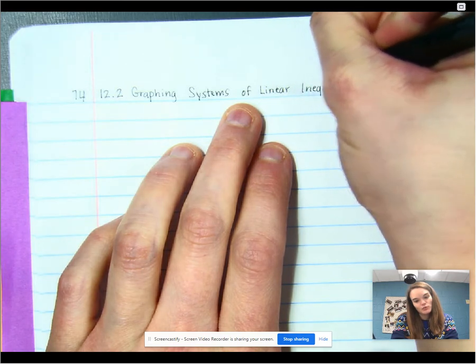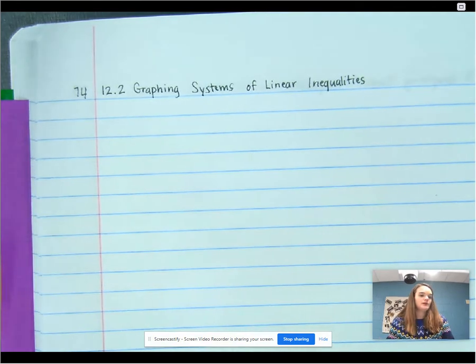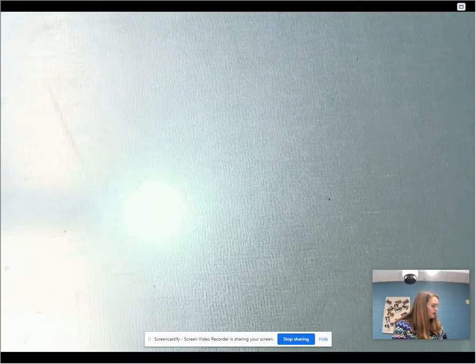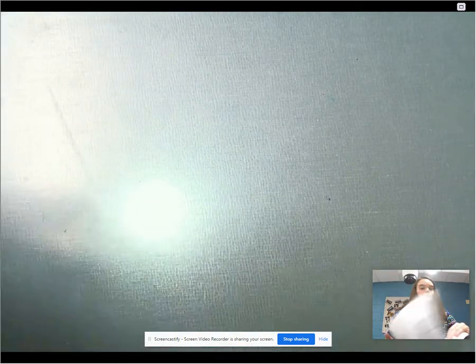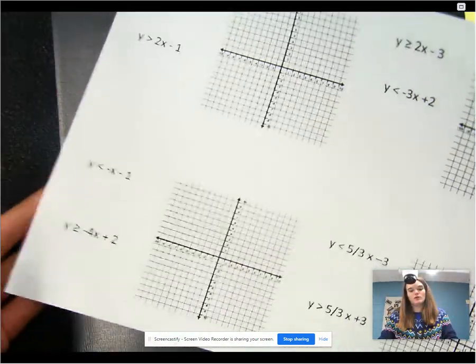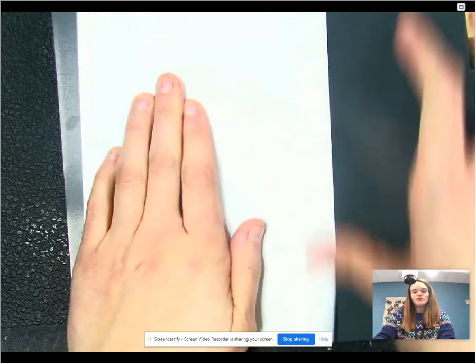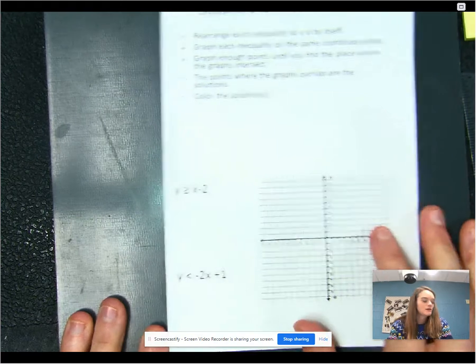Okay, and we got a foldable that's attached to this video that we will glue in right here. We'll do that in a minute. So for now, here's the foldable. It gives you step-by-step directions. We're going to fold it in half, and then we are going to get started. So the steps to graphing